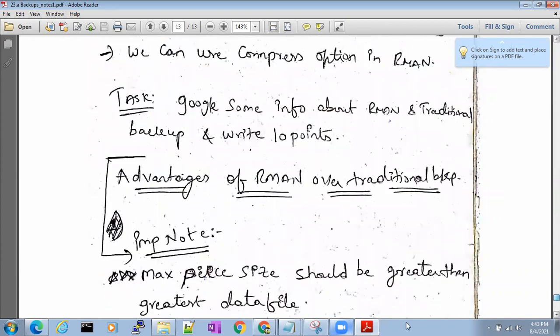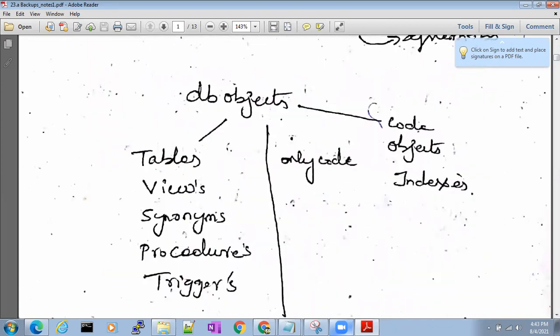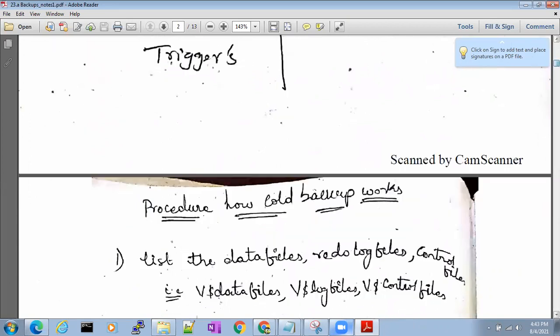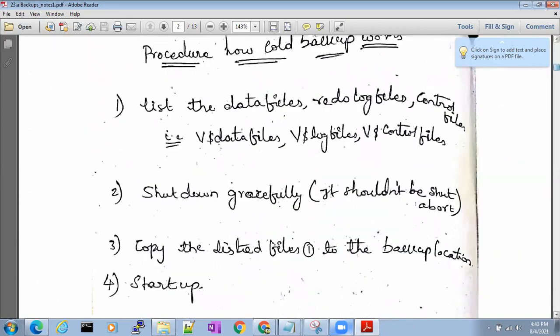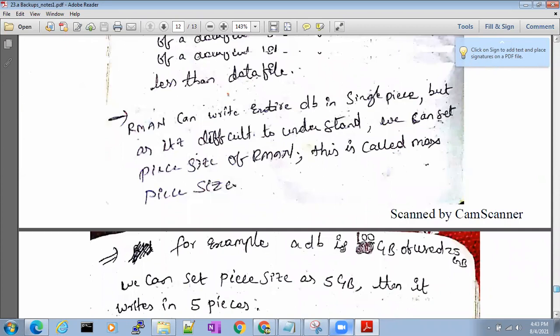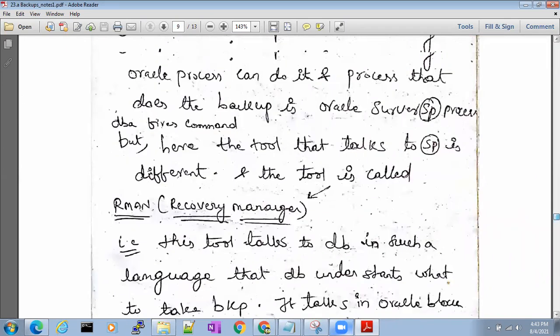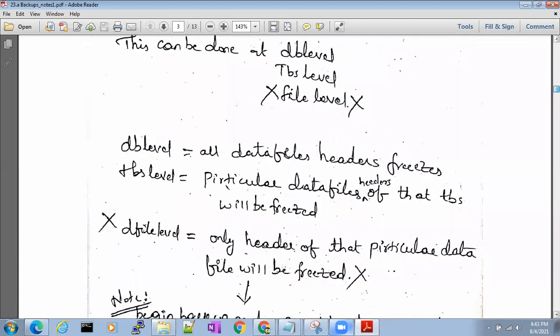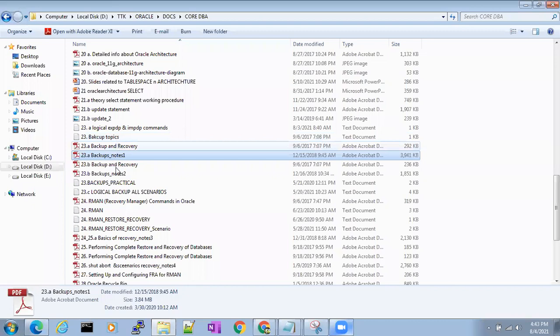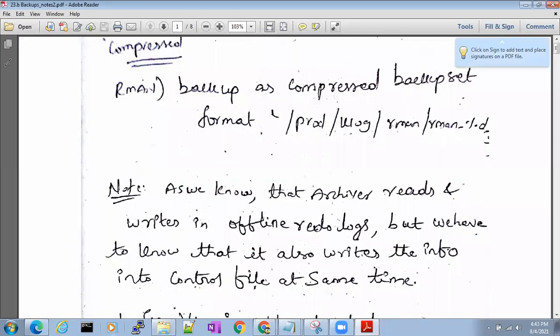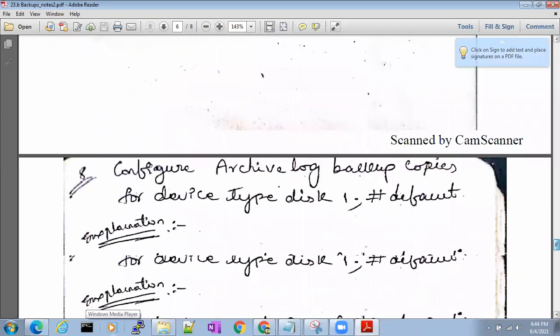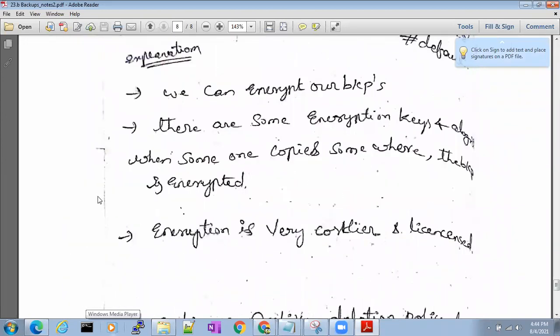It should be with me. Not in this document. So 1 second. Just give me 1 minute here. Okay, not in this document.